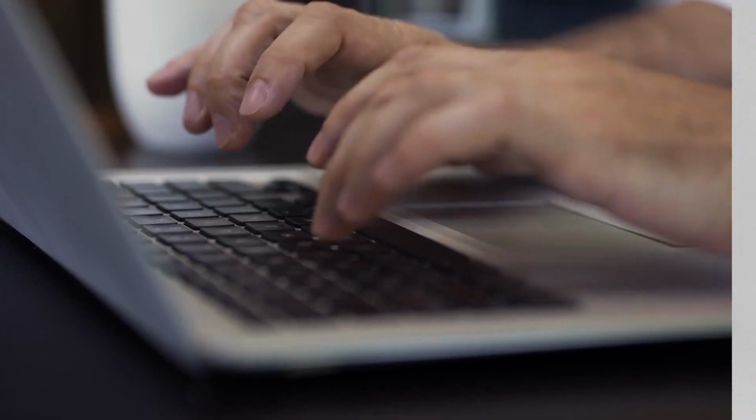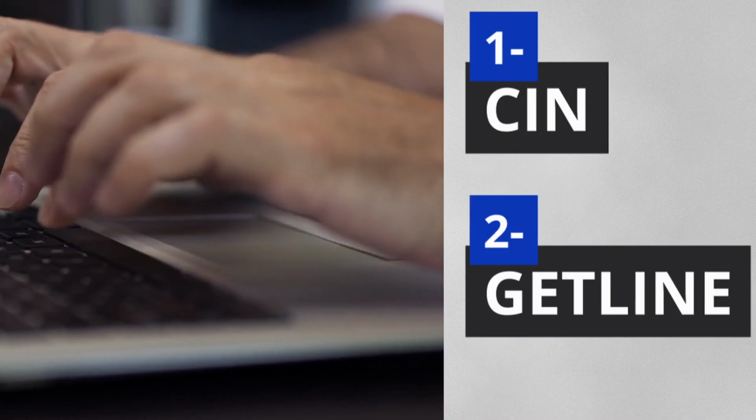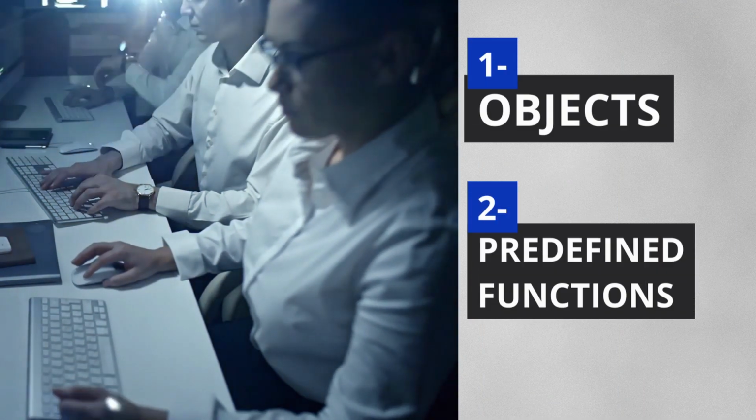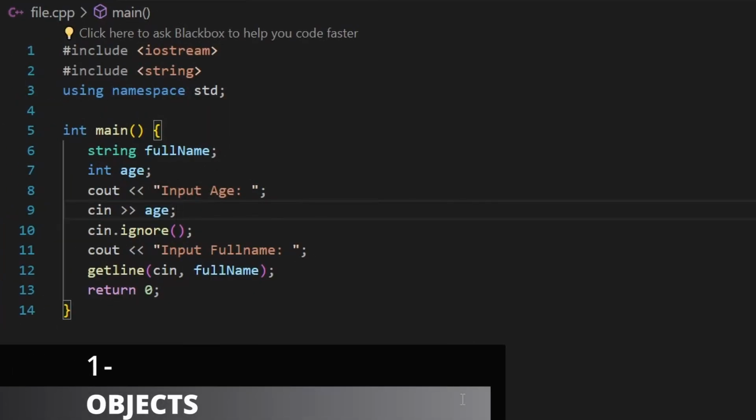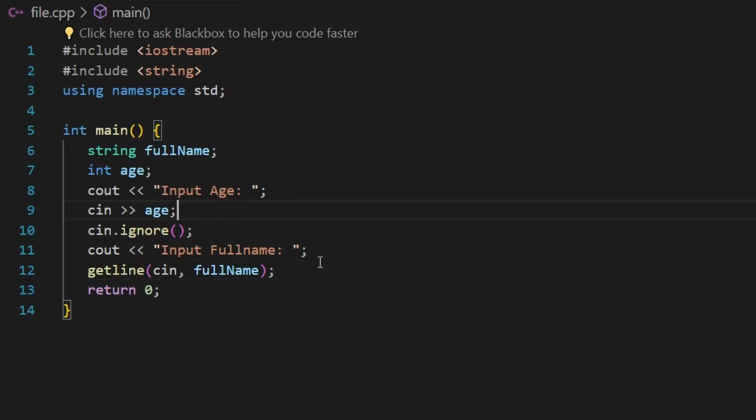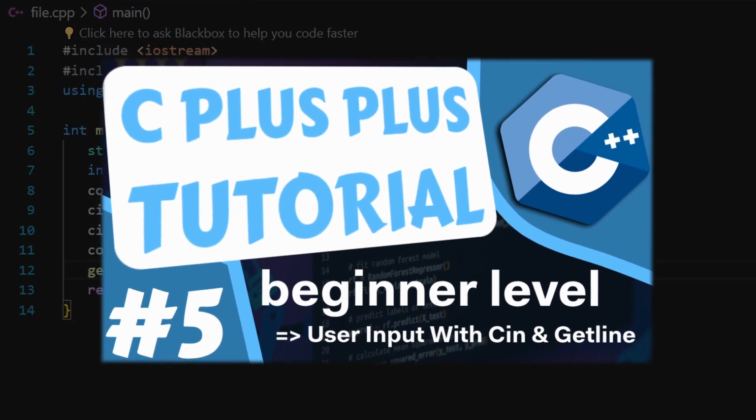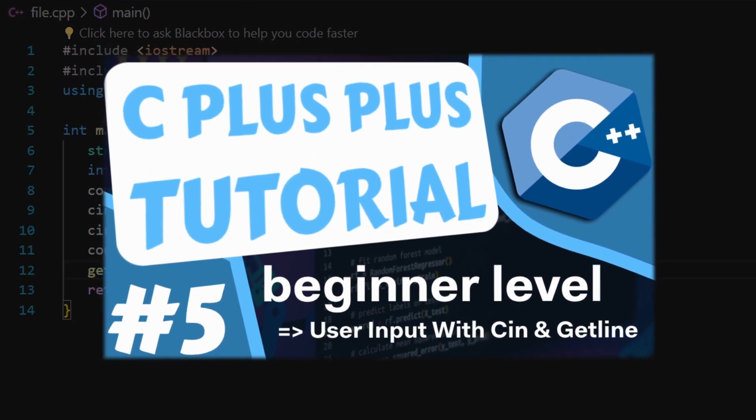In the last video, we talked about cin and getline, which allows us to get input from the user. Today, I want to clarify the concept of objects and show you predefined functionalities you can use in your program. In the last video, we had something like this. We were trying to get user input by using cin and getline. Of course, make sure to check out the latest lesson about getting input from the user using cin and getline